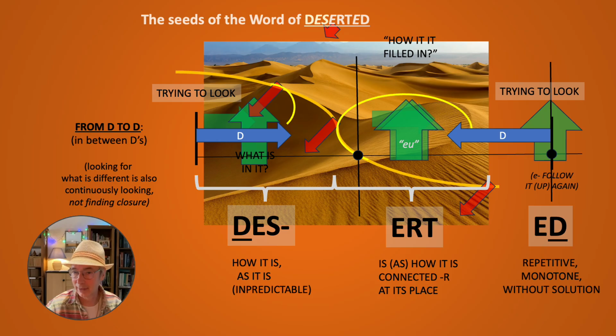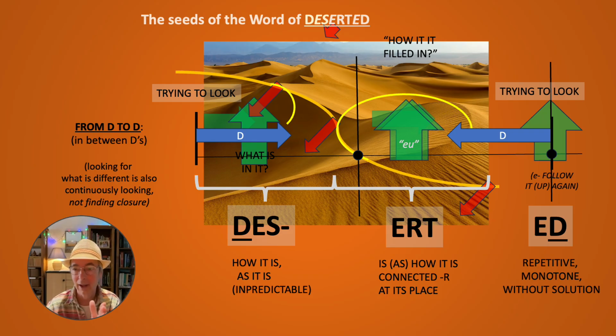The ending here is with "ut" to it. You have another "ut", and these three are of the same height, almost at the same height. It is like it's repeating itself, and it starts from D to D, so it's trying to look for what it is, and it ends with trying to look for what it is. So with this repetition, I'm just describing it, there's some repetitiveness in it, some monotoneness in it,